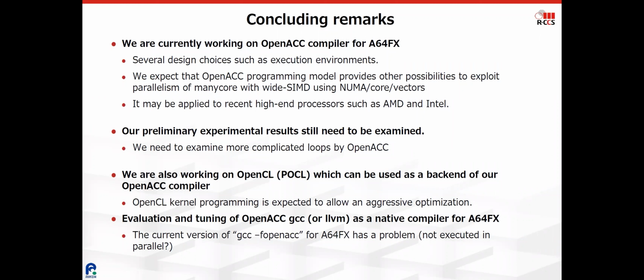And a different path is using OpenCL. If OpenCL enables more aggressive optimization, I think this is another way to exploit the parallelisms of our A64FX processors. And currently, we are working on porting POCL, the OpenCL